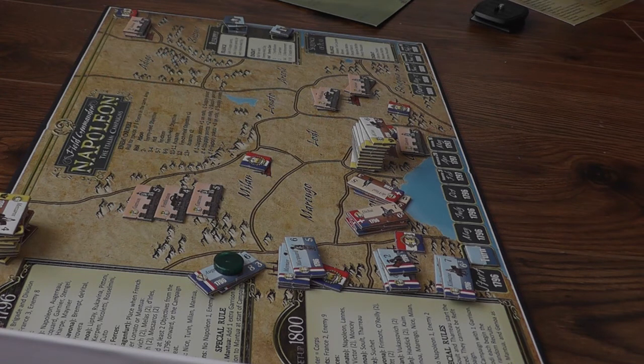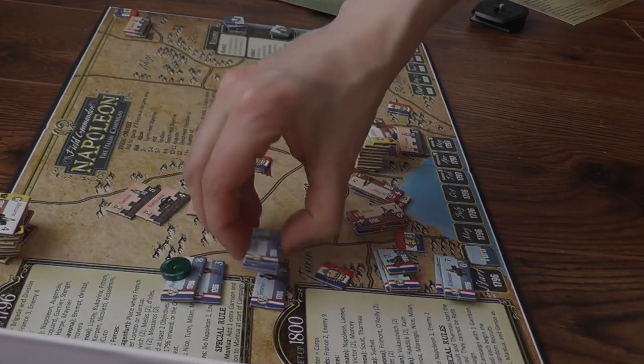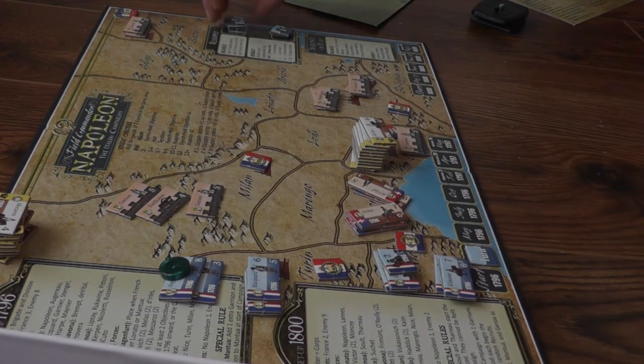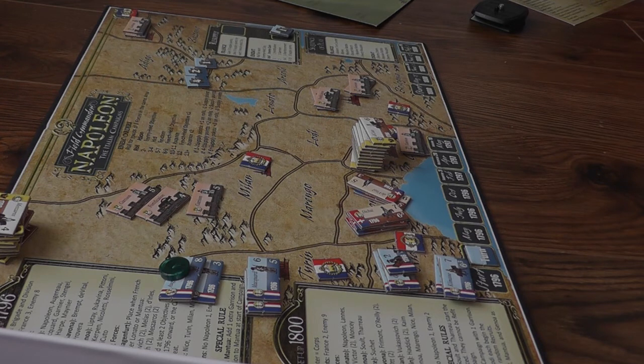And now we can spend supply points to either refit our forces, which we don't have to do because we haven't lost any, although our move into Milan was a disaster. But what we're going to be doing is buying static forces, because Turin does not have any fortifications. So what we're going to be doing is we have 7 supply points, and we are going to